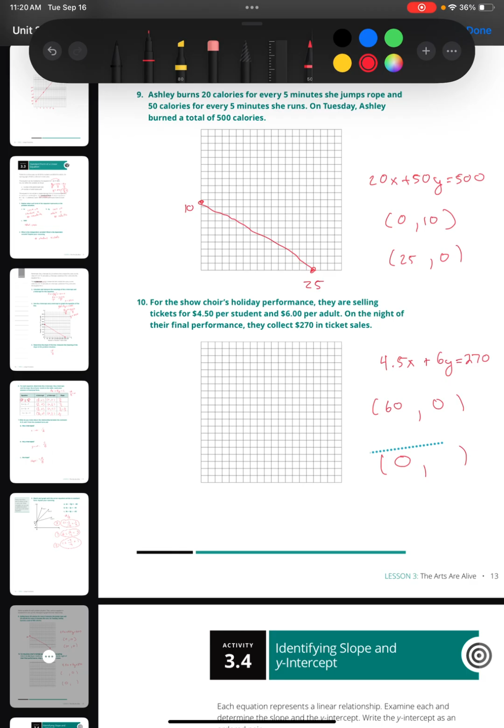And the y-intercept, where x is 0, you should have got 45. So x-intercept somewhere out here at 60, y-intercept somewhere up here at 45. So again, got a graph that looked about like